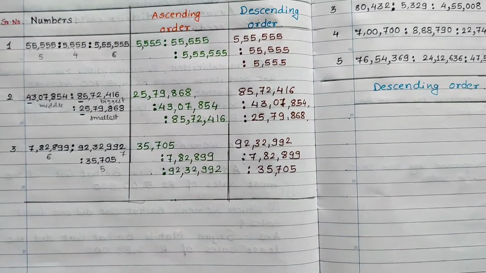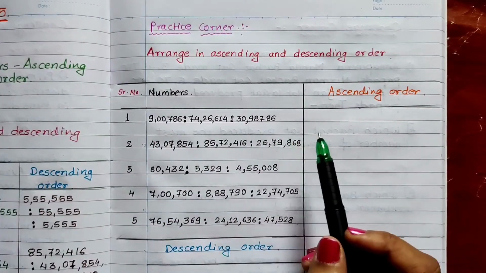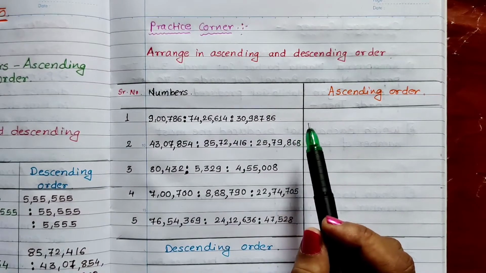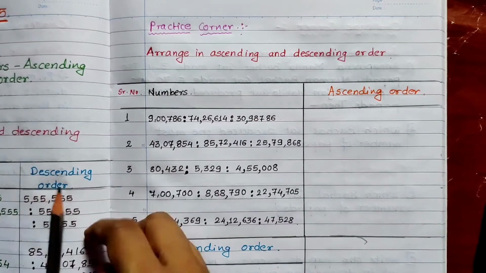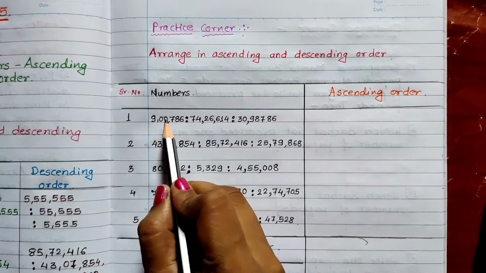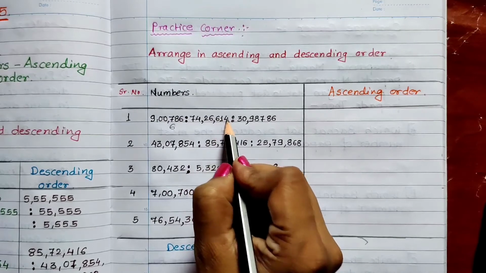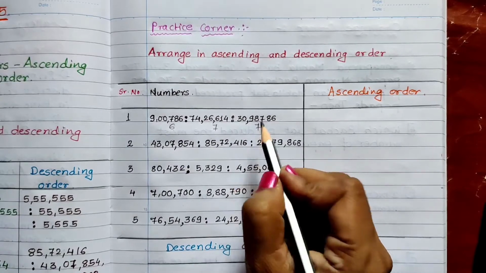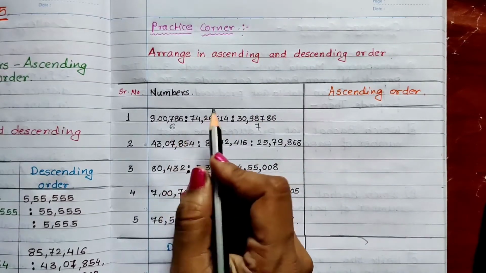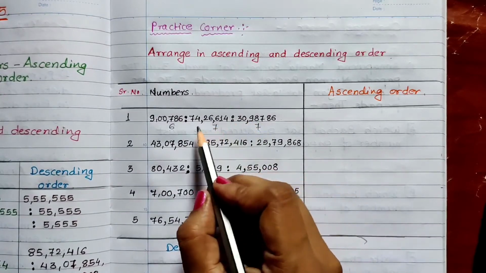Now let us go on to the second chart. Again, the same thing we will have to do in the second chart. Here again we have been given numbers and we have to check which is the biggest, which is the smallest, which is the middle one, and write them in ascending and descending order. So let us check. In the first number, how many digits are there? 1 2 3 4 5 6. 6 digits are there. In the second number, 1 2 3 4 5 6 7 digits are there. In the next number, 1 2 3 4 5 6 7 digits are there. So this 6-digit number will be the smallest one. Now from these two numbers, we will have to decide which is the smaller and which is the bigger. Let us check.